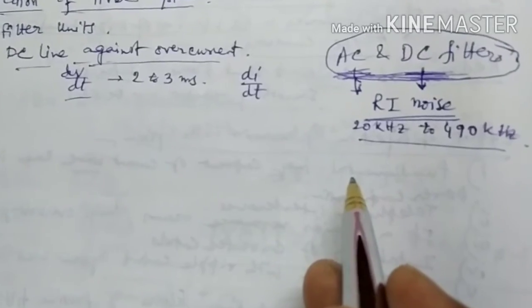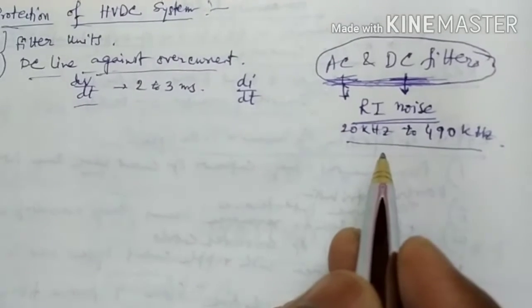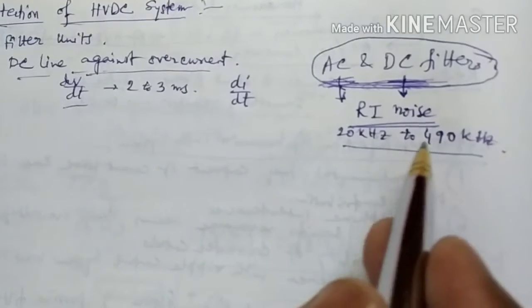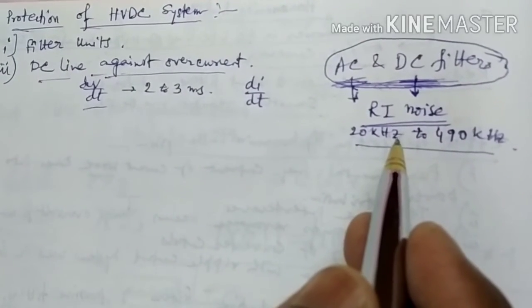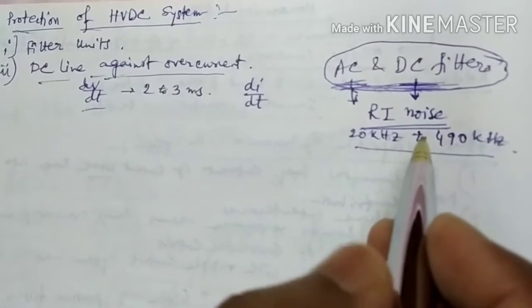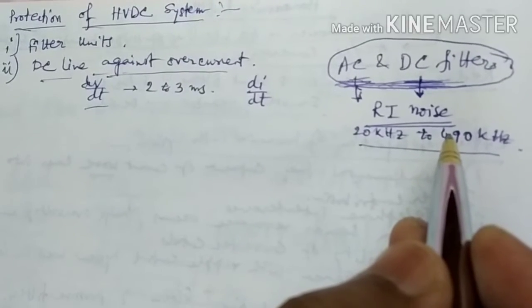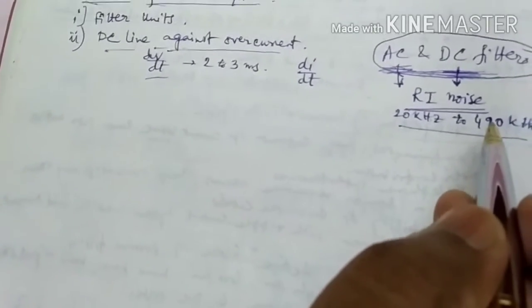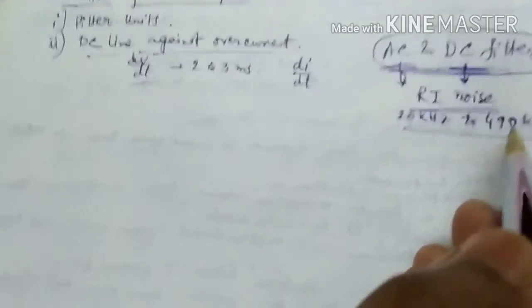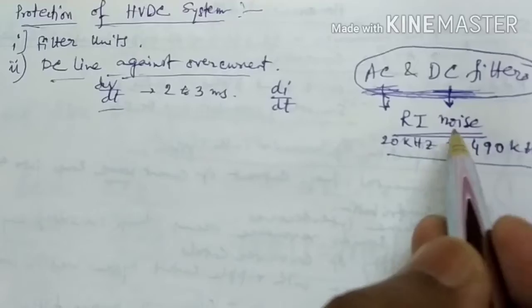But the converters are usually located in buildings which are effectively shielded against electromagnetic radiations. Hence, the contribution due to direct radiation from valves can be neglected. So, the effects of carrier frequency are discharge of the stray and other capacitances in the converter station. It can also cause decoupling of noise source and carrier system and other interference. So, that is the RI noise or radio interference noise.